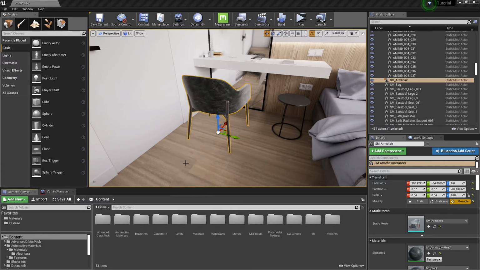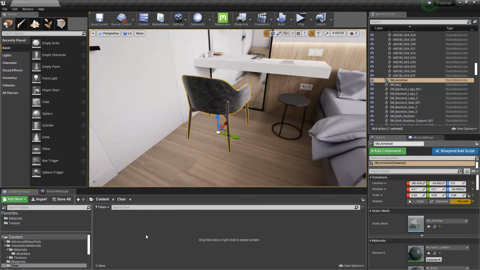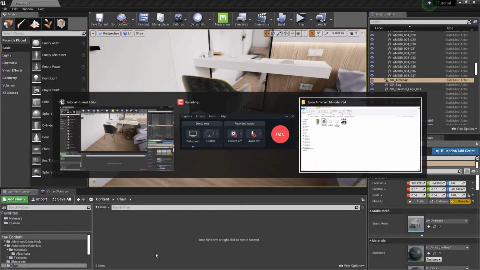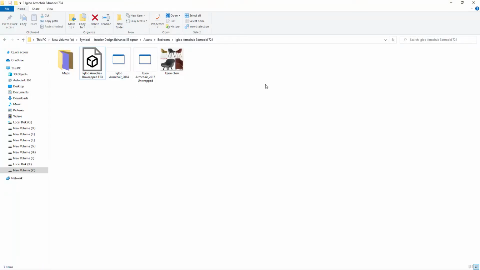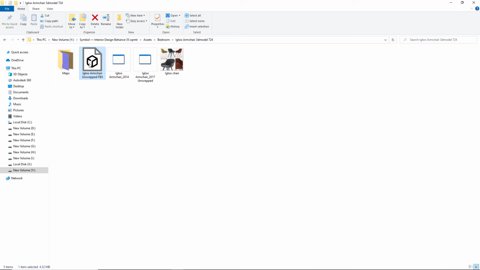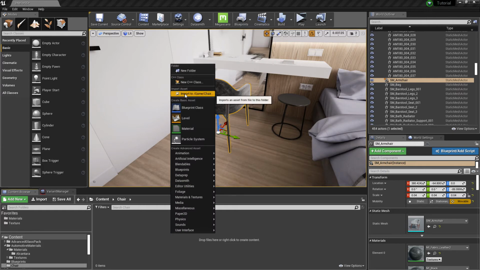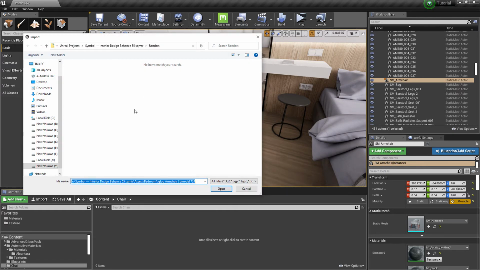Let's create a folder to bring in a new chair. We are going to use this beautiful chair that we got from the internet. Let's import the SPX file for this.